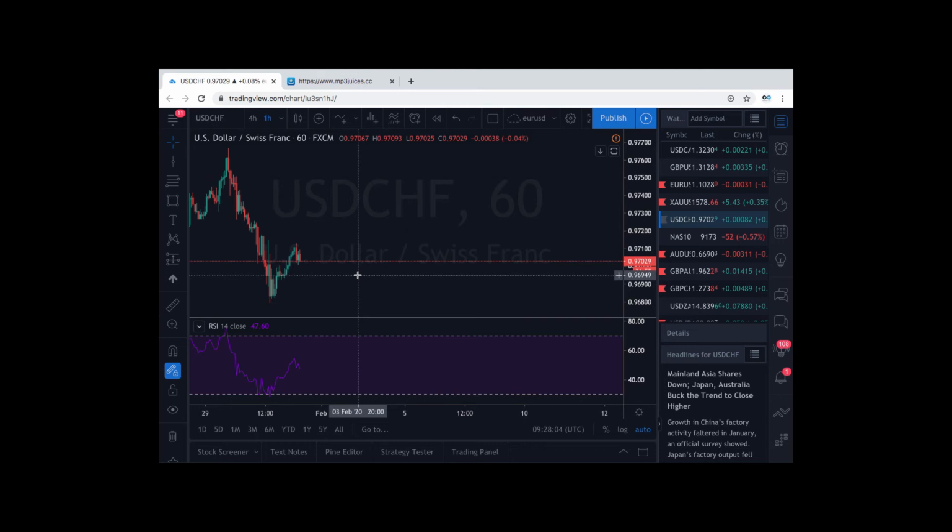Another thing that people might be asking themselves is, okay, which time frame am I going to be trading on? You just have to pick a time frame which is suitable for yourself. If you're a person that doesn't want to hold trades for too long, then avoid trading on the daily time frame because you're going to be holding those trades for a very long time. If you want to be trading intraday, holding your trades for about a couple of hours at least per day, you can be looking at the 60-minute chart, which is your 1 hour chart, or